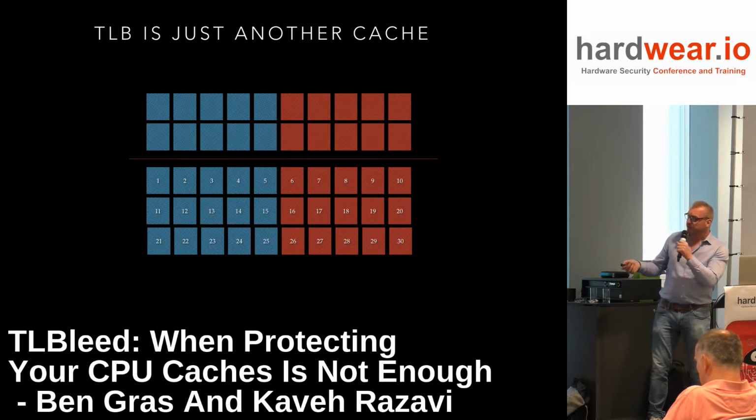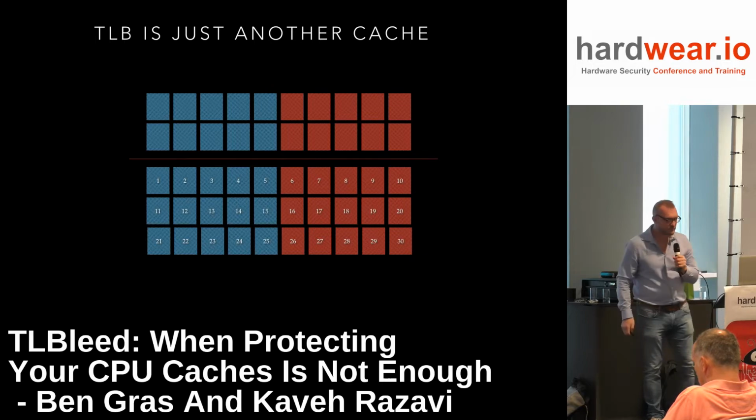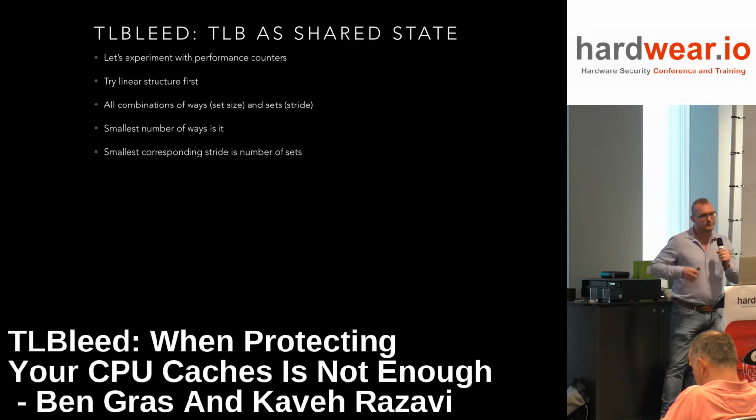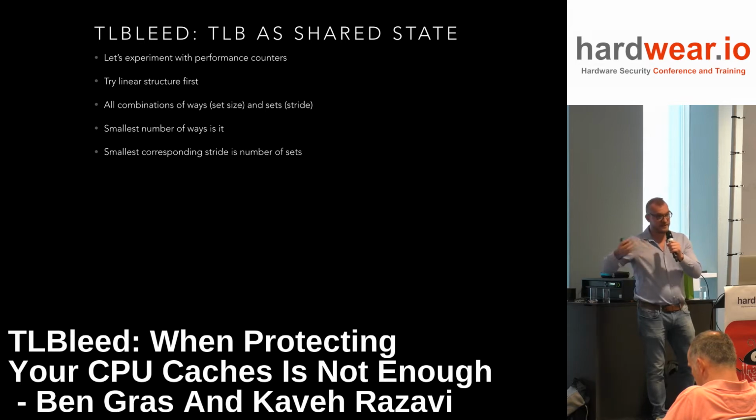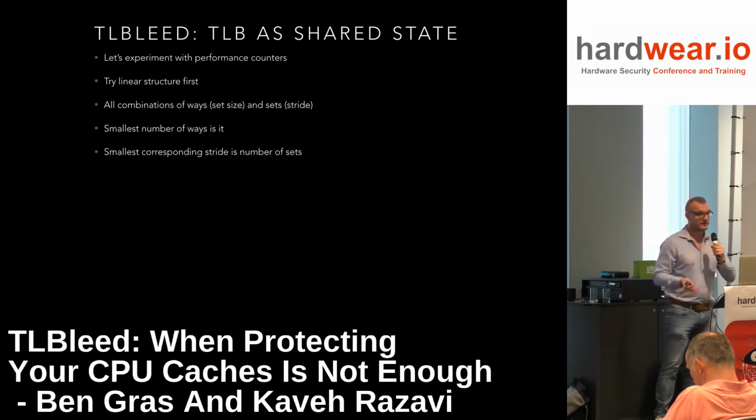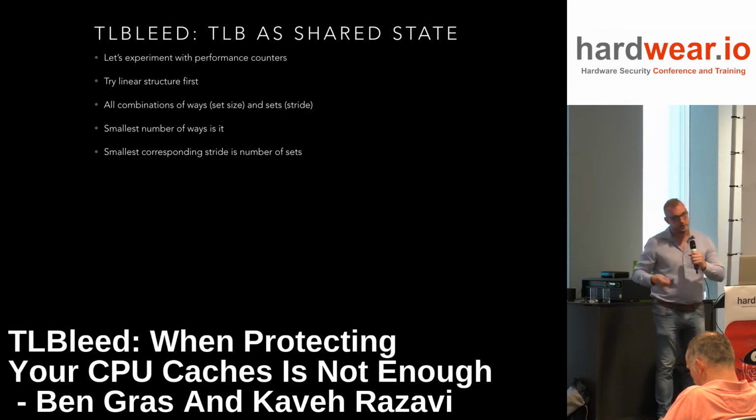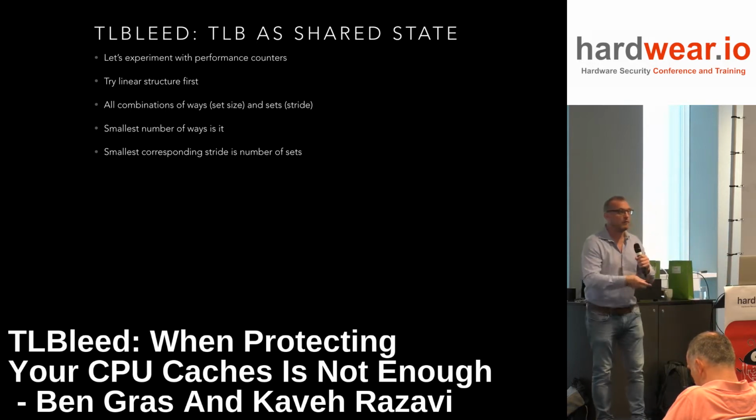So what we mean by the structure is: if I take any of these blocks, to which set is it mapped? Let's try and find out about that. Let's just assume that the mapping is linear, as we saw just now: the first column goes into the first set, the second column goes into the second set, and so on. The physical addresses are laid out 1, 2, 3, 4, 5, 6, 7, 8, 9 in this linear mapping, and that goes into these sets in a nice round-robin fashion. It doesn't have to be that way, but let's assume that's the case and see if an experiment bears out this hypothesis.